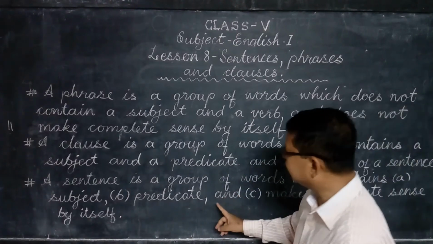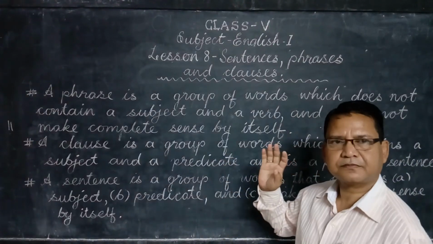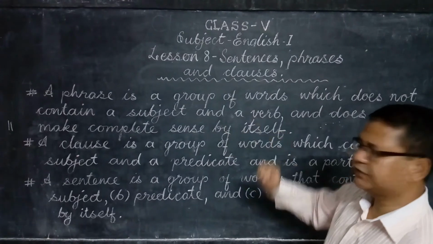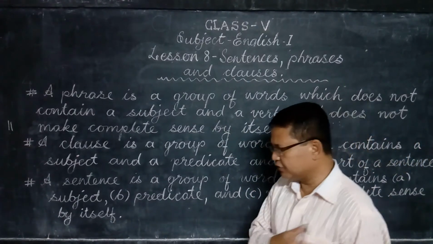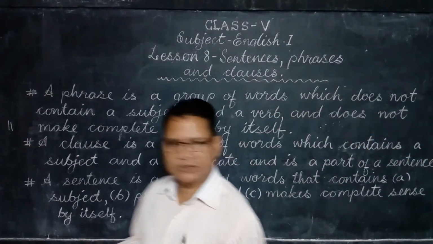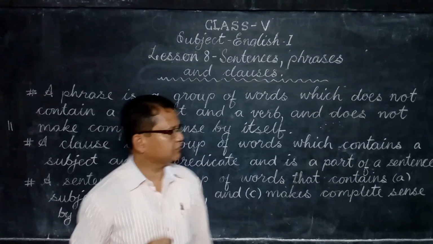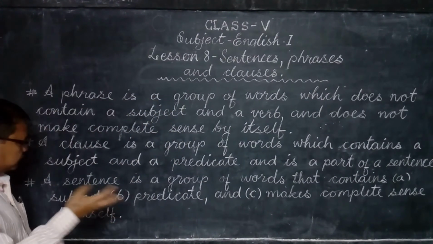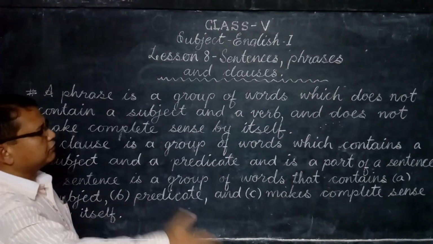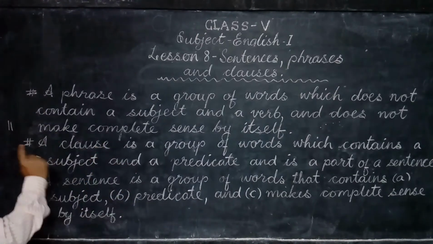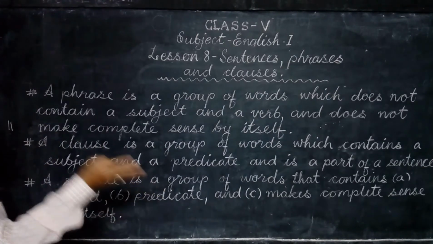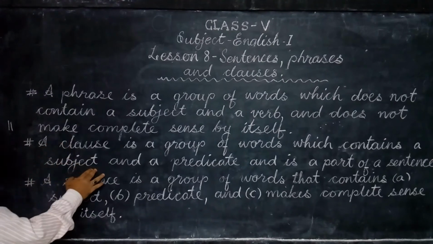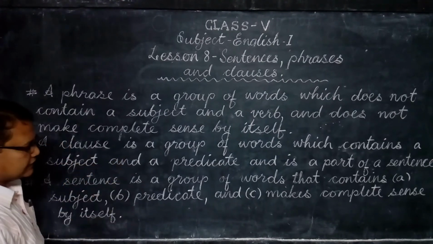Slight difference between sentence and clause. See, a phrase is a group of words which has no subject, no verb and does not make complete sense. A sentence is a group of words that contains subject, predicate and makes complete sense. A clause is also a group of words which contains a subject and a predicate just like a sentence